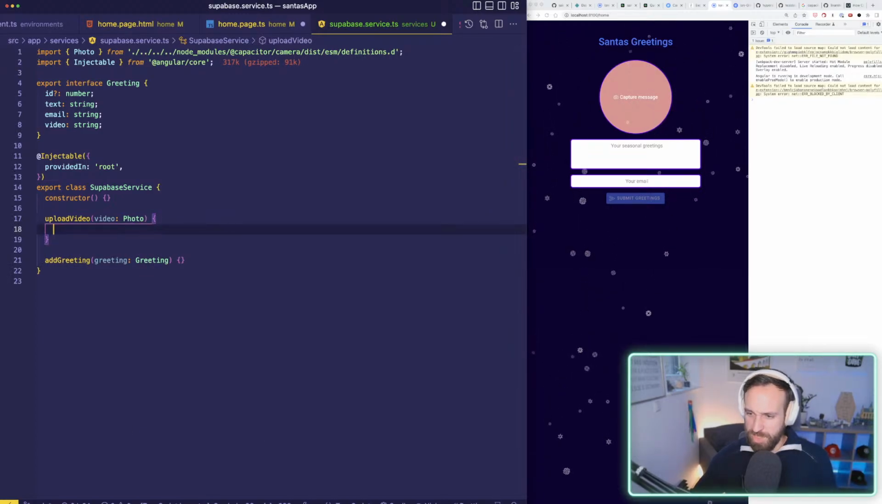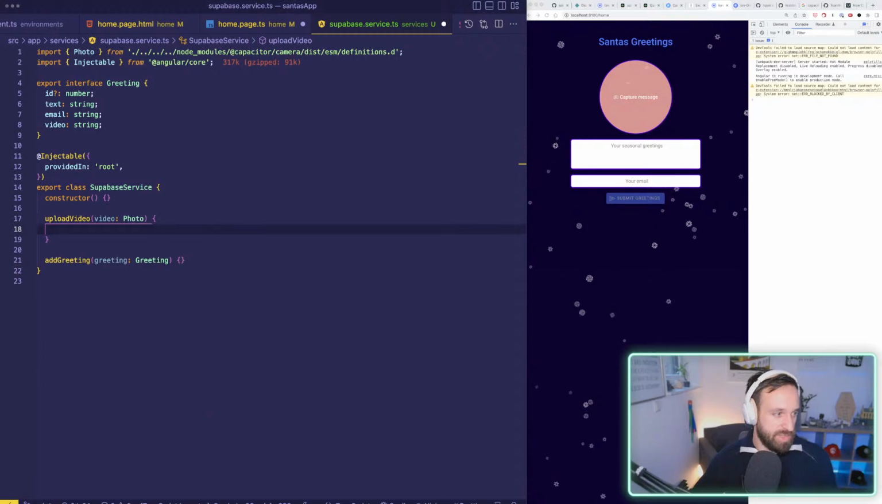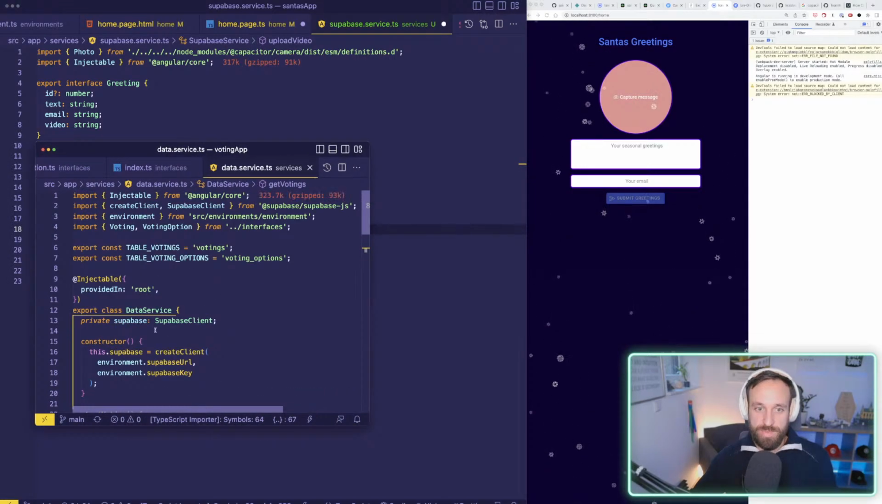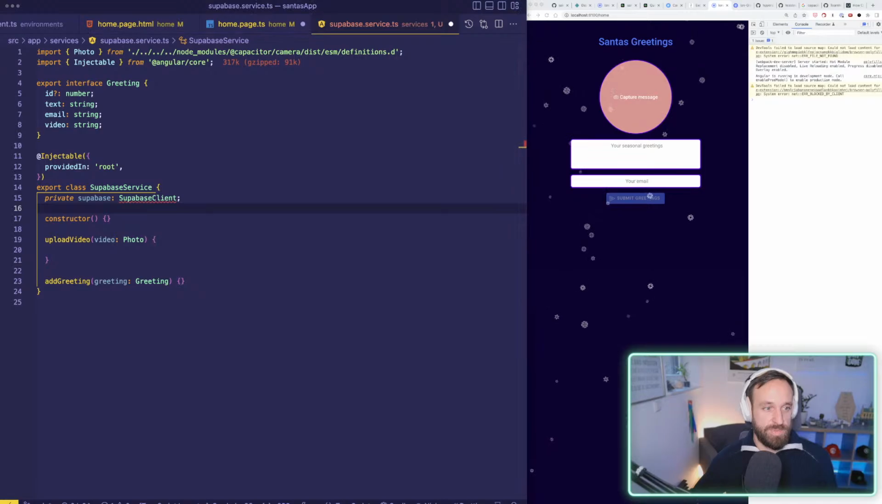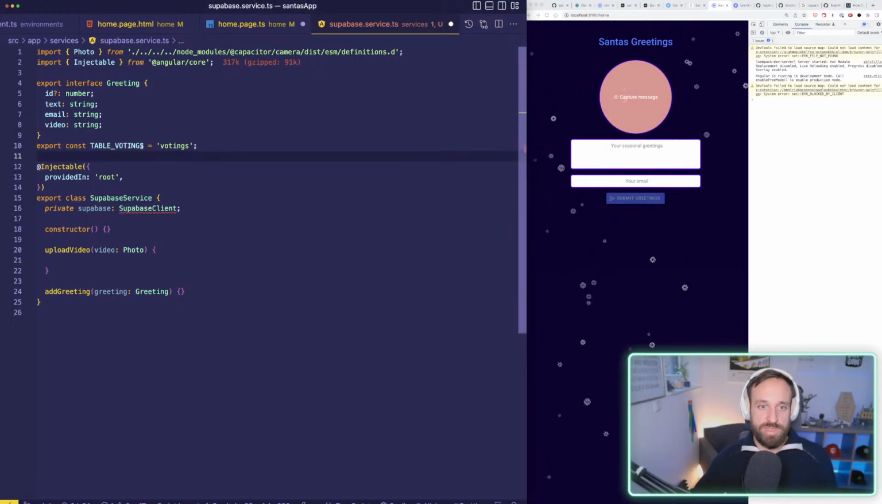Oh, we haven't even initialized Supabase. I'm gonna have to look into our voting app. That was actually also a pretty nice project we did together, if you still remember. The good old voting app. So I always like to have my stuff set up. Oh, we're gonna set this up as well. Table